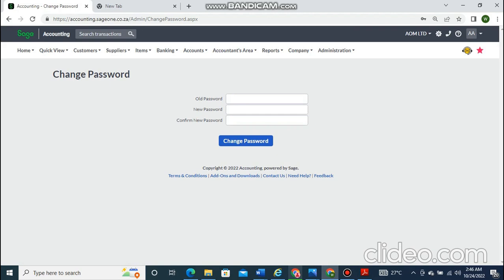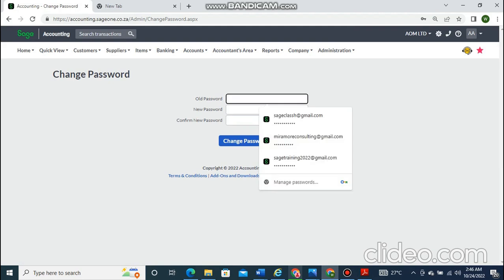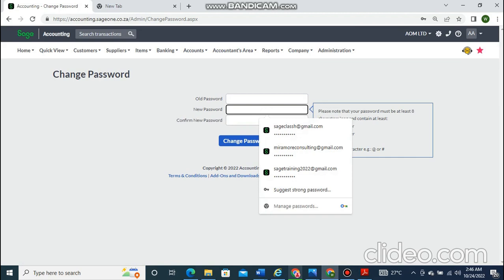So when changing your password, you will need to enter the current password. You can see it's asking us what is the old password. By old password, they are talking about the current password that you're using at the moment. So you have to enter that password before you enter the new password, and you confirm the new password again. After confirmation, you click on change password,